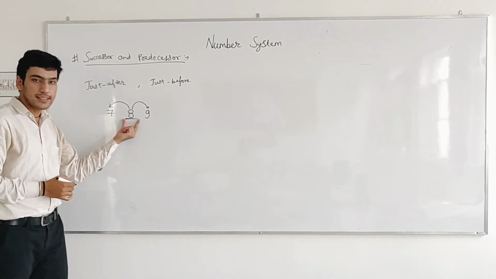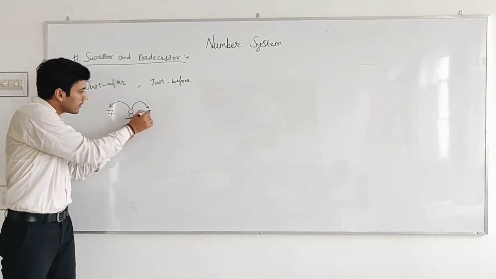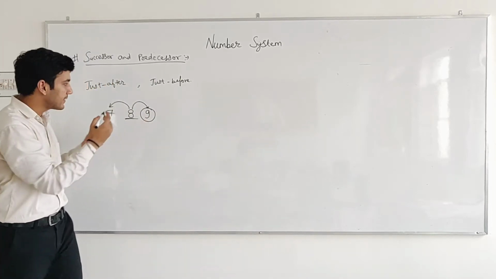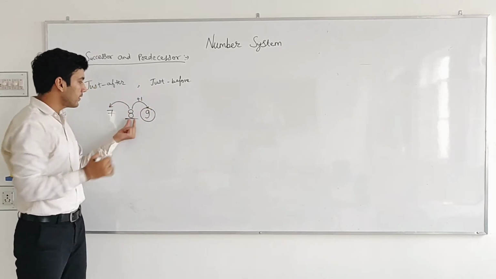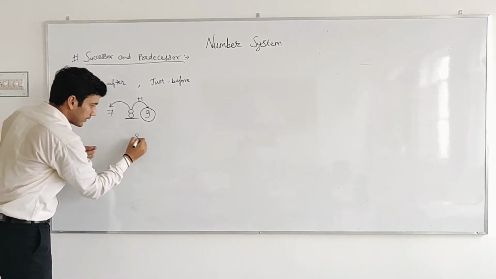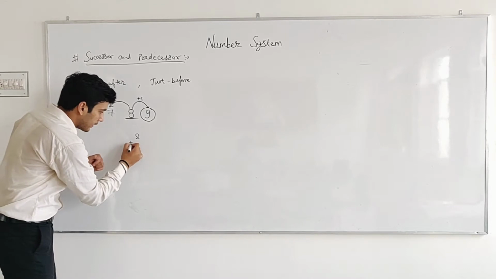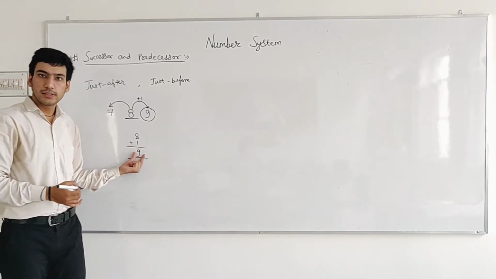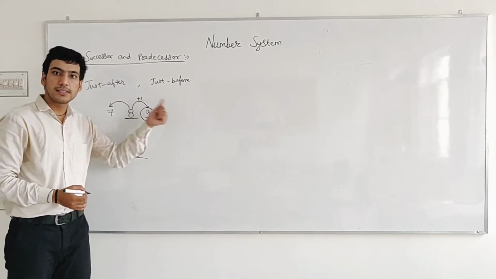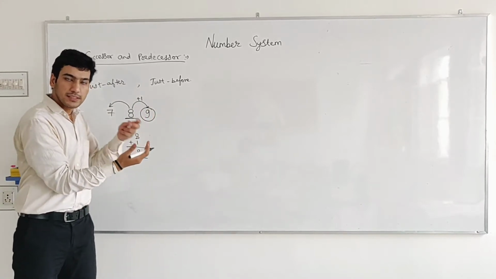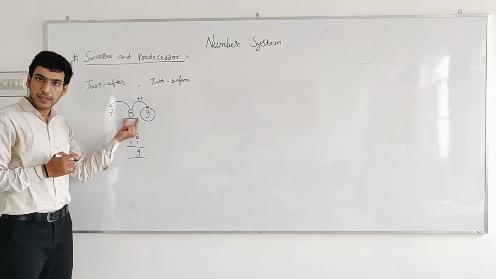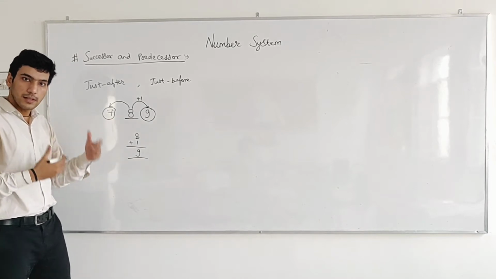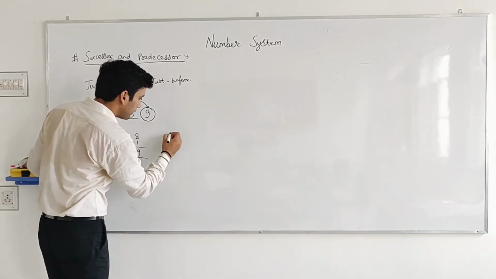So what is the successor of this number? This is 9. Successor means just after, or we can say simply add 1 to the given number. Your given number is 8. If we add 1 to this, what will we get? 9. And 9 is your successor. So successor means the just after number and predecessor means the just before number. So what is the predecessor of this number? 7. This is your predecessor. Let us take another example.